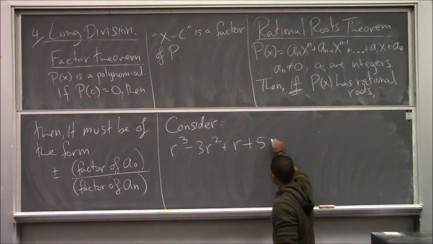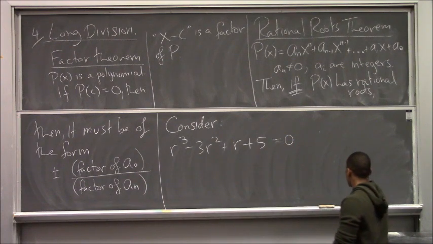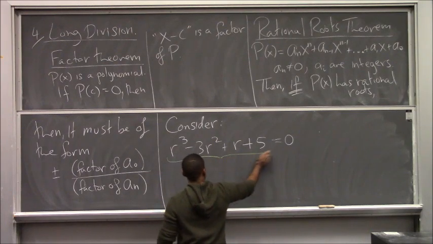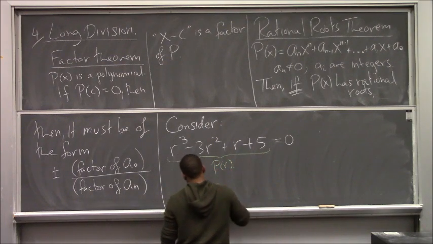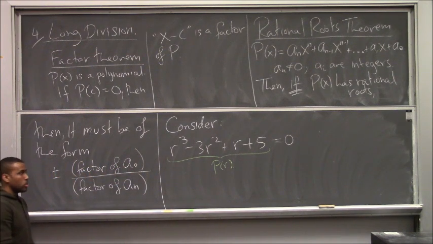So consider this equation. I want to be able to solve this equation. This is my polynomial, p of r. I would like to find numbers that when I plug into that, I will get 0. Now, according to the rational roots theorem,